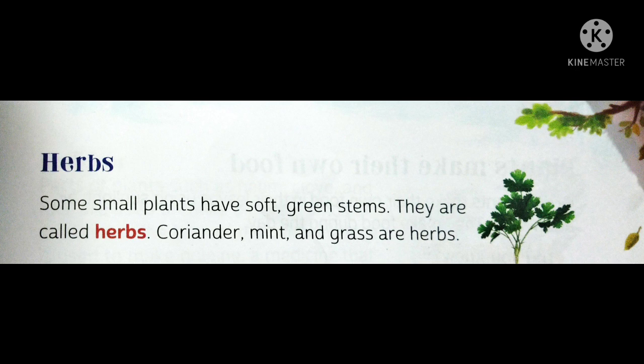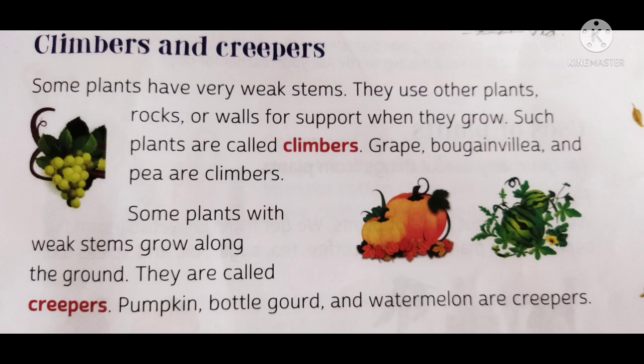You can twist it. You might have seen coriander at your home. Your mama might have brought it for making chutney out of it. So have a look at it. Touch the stem. You will find it soft, okay? And even mint, pudina and grass, they are all herbs. They all have soft green stems. The color of the stem is also green, and in shrubs the color of the stem is generally brown in color.